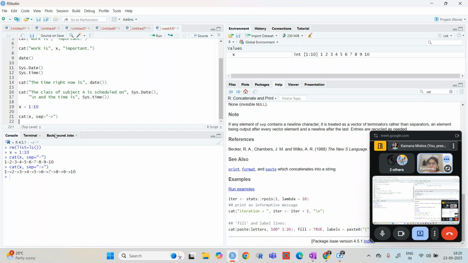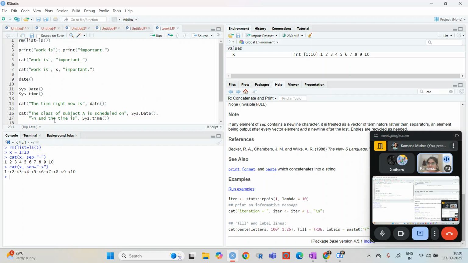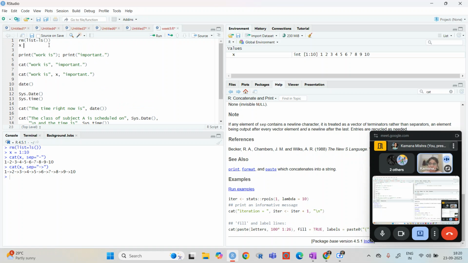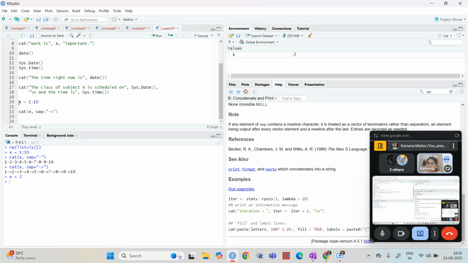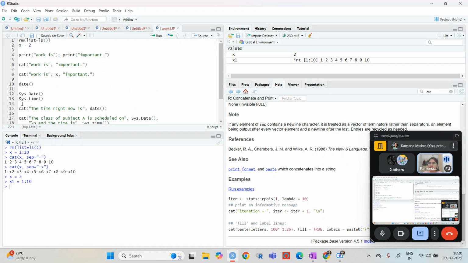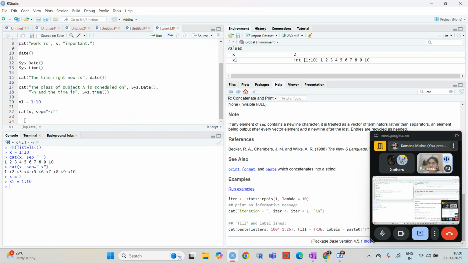Now as I have said, I have given one x here, so I need to put x2 here, otherwise this will not run, and I'm going to put this as x1. As I have written x here, we can even perform operations inside the cat function.